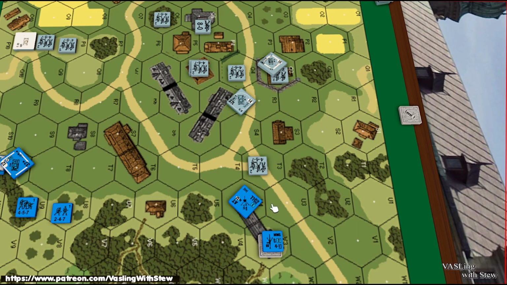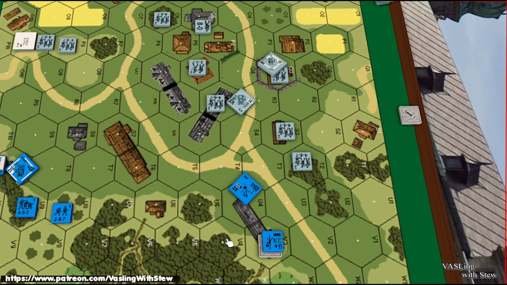So that's effective. And then obviously you're probably going to cover T4. So he'll probably think your AT gun is over here and then start sending infantry up. Be aware of that. He sees your tank. He doesn't see your gun. At that point, if you have something like this,